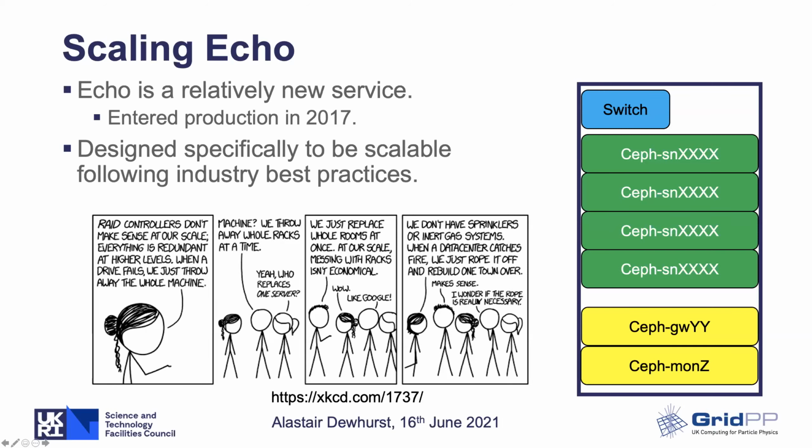So, we're the second guy in this particular one. We're not quite at the scale of allowing data centers to burn down, but we're not dealing with individual machines anymore. We're looking at larger scale, and by pushing the data across many machines, we can cope with those kind of failures. And the other thing that Ceph does is, because it spreads out the data so much, you do get very consistent performance overall,